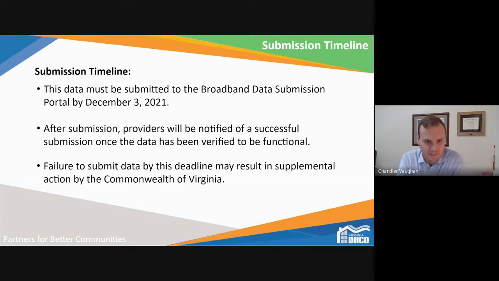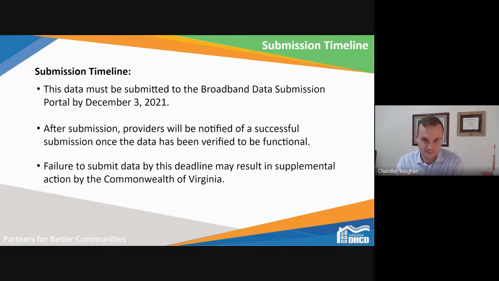So submission timeline, the data must be submitted to this portal that will be hosted on the Department of Housing and Community Development website by December 3rd, 2021. That's so we can develop beta testing versions of the map and then get an ultimate map published in early to mid 2022. After submission, pressing submit in the portal, providers will be notified of a successful submission.